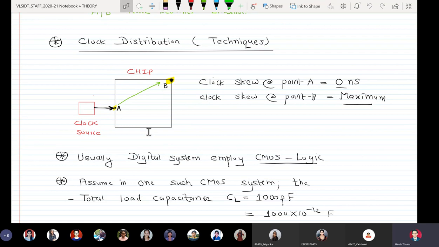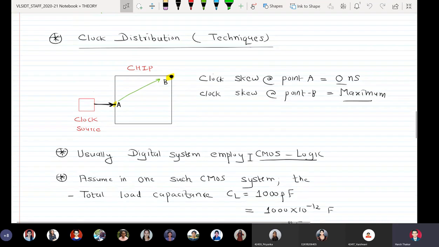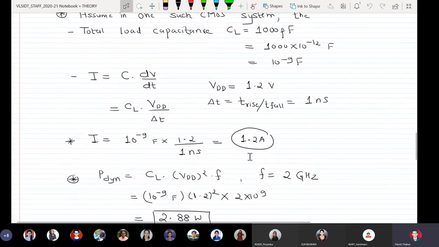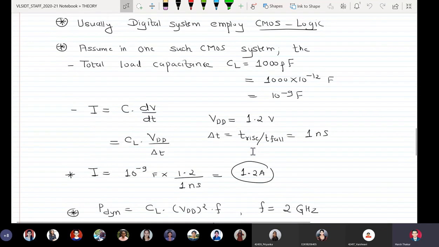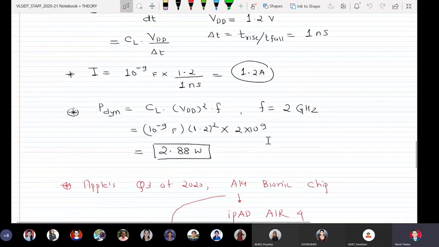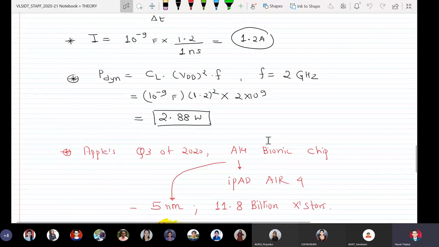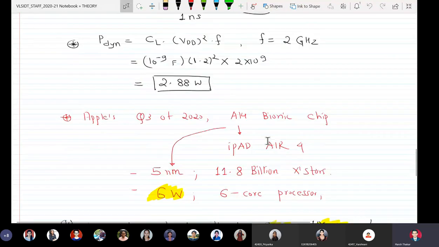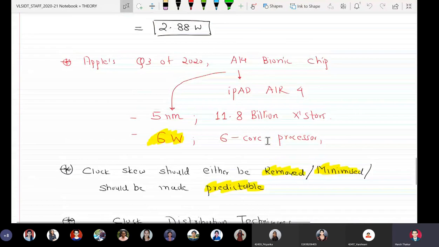We had computed, for a certain value of VDD, assumed rise and fall times, and a known load capacitance of 1000 picofarad, that the dynamic power dissipation for this combinational logic would be as high as 2.88 watts, right?